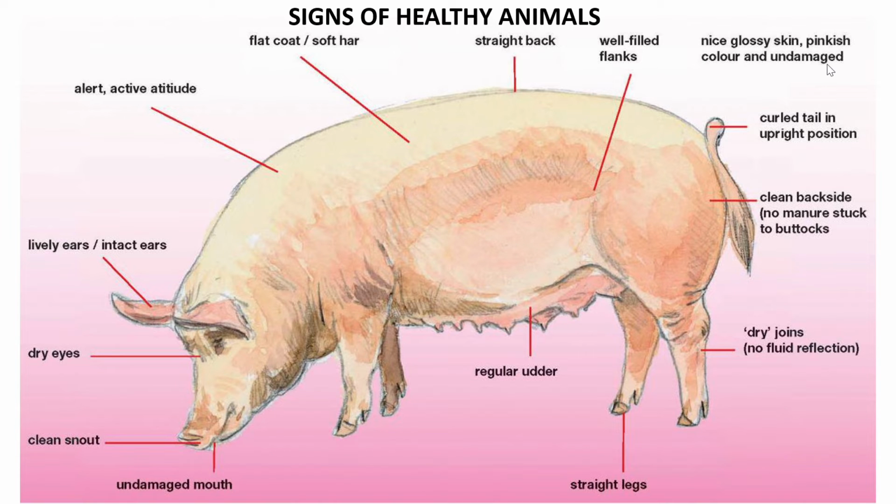Okay, so first of all, they want you to know certain signs of healthy animals. Generally, they focus on the unhealthy animals, but it's good to know the contrast between the two. Looking at this picture here, we've got a picture of a pig. It could be a picture of a chicken or a cow that they give you in the exam. By looking at this pig, you can see it looks kind of healthy. We can look at the skin color of the pig. It looks nice and pink.